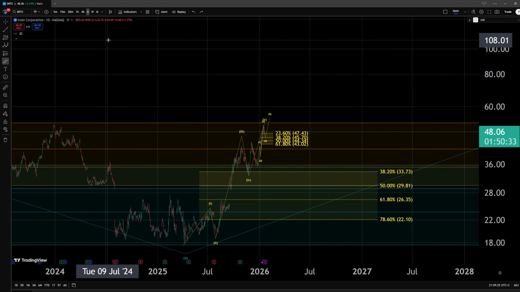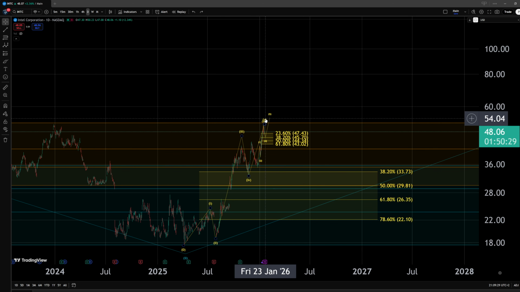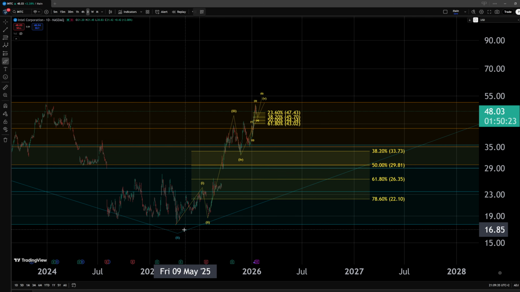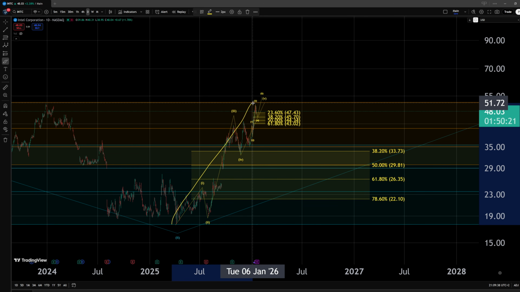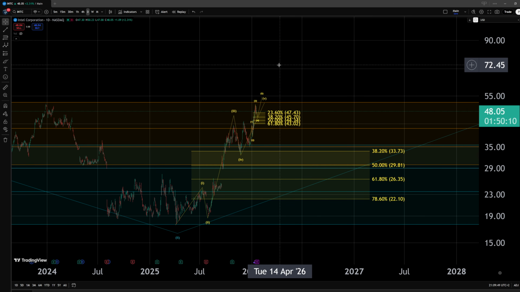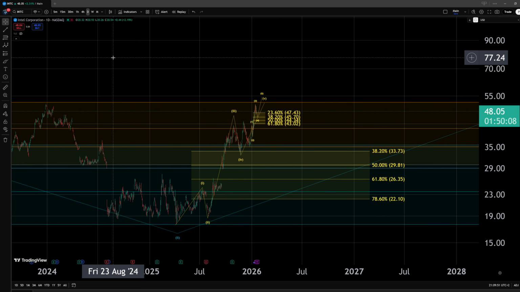But for all the reasons I outlaid in this video, I do prefer that we form a top within this wave 1 here in the near term, because we would have a full structure. It would allow us a high probability wave 1 complete for a 1-2 setup to look for continuation higher. But yeah, certainly we are in a high risk area in my opinion, and for now, these are the levels, this is the trade setup.